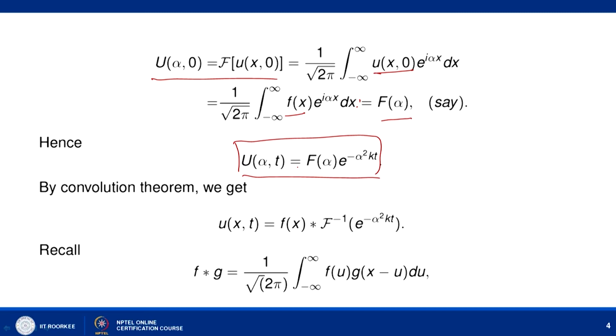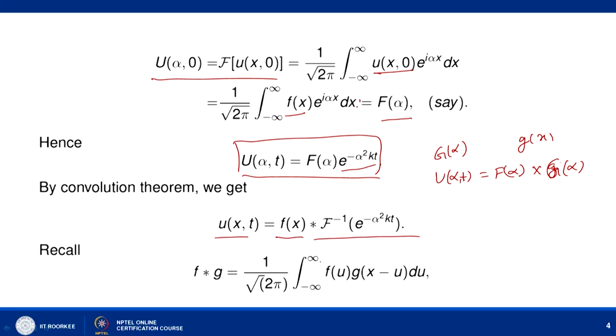So, let us take the inverse Fourier transform of û(α, t). If you look here, I can write this as the Fourier transform of f̂(α) into e to the power minus α² k t. So, if I say that e to the power minus α² k t is the Fourier transform of some function, say g(x), then I can write this û(α, t) as what? It is f̂(α) into ĝ(α). So, here we can use our convolution theorem to write our solution u(x, t) as f convolution the inverse Fourier transform of e to the power minus α² k t.